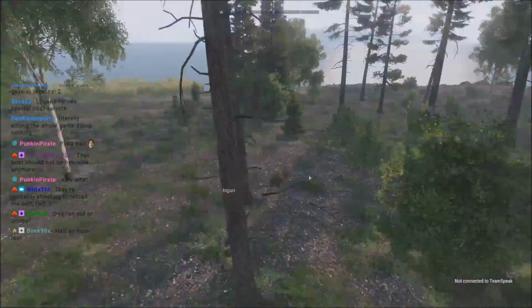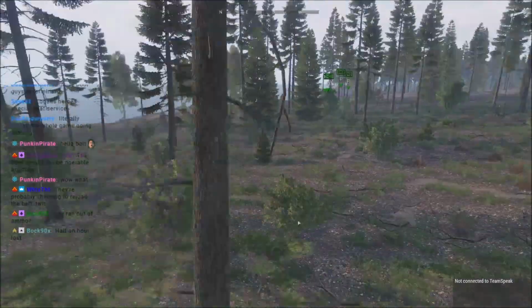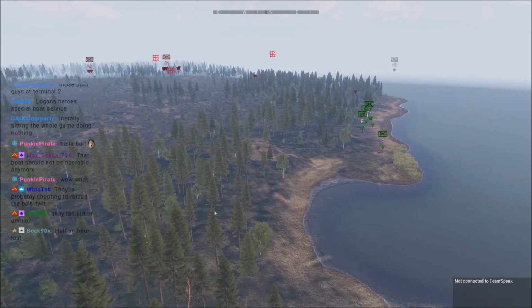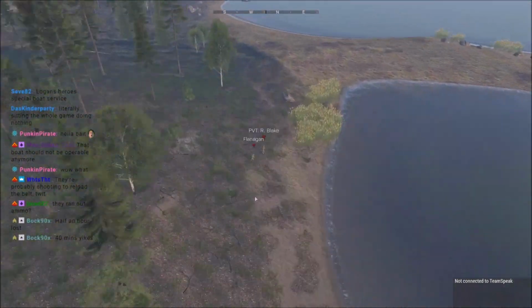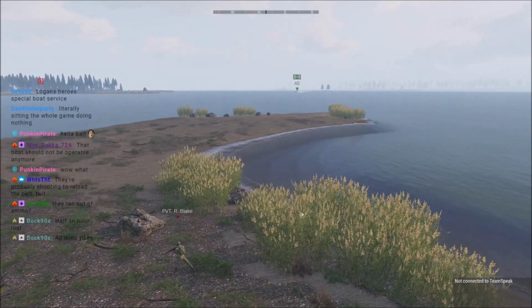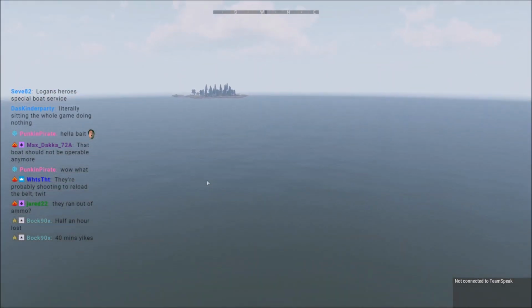Logan's running south. Oh, Logan. I mean, have you ever seen Scott Sterling? Have you ever seen those Comedy Central skits? That's what I feel like Logan is right now at this point. Like, goddamn. Just instead of his face, it's just his antics and doing all this crazy, stupid stuff. I would have loved it if he was able to steal that boat, which...